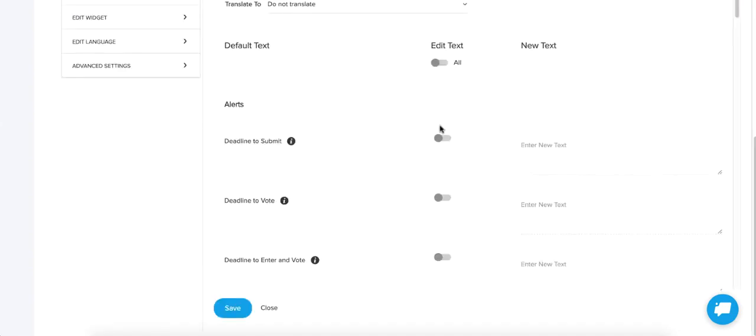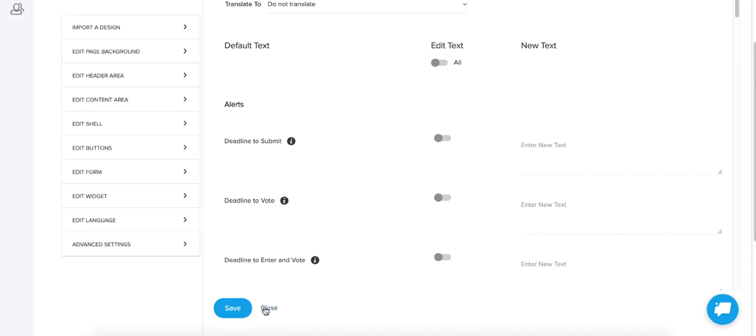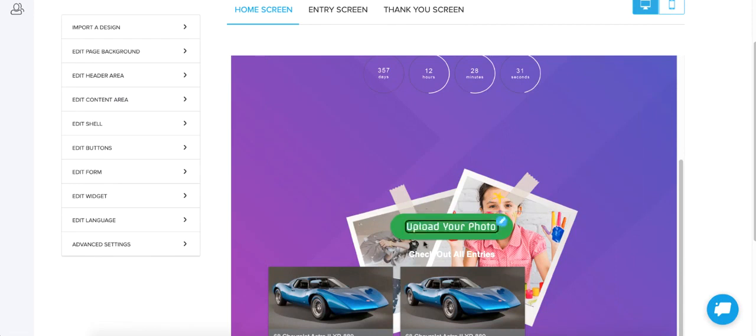And it doesn't have to be changing the text from English to Spanish or some other language. You can also use this to change it from "deadline to submit" to "deadline for submissions." If you just have a preferred way of saying it, you can do that. And the reason I'm showing you this is because all of these new click-to-edit features work in conjunction